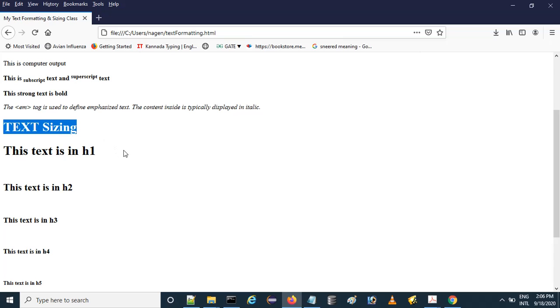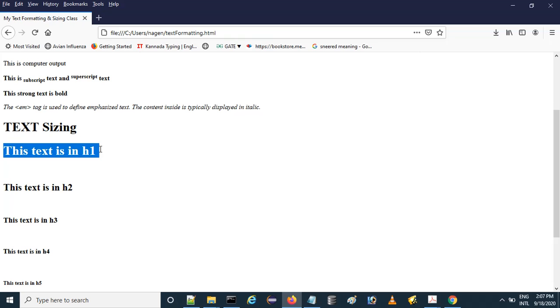So anything that is important, for example, the name of a lesson or something like that, can all be made as text sizing H1. Okay, so this text is in H2. H2 is subsections, so sections or subsections of a lesson. You can make it as H2. H3 is a little subsection. So I think you can safely consider this as a lesson heading.